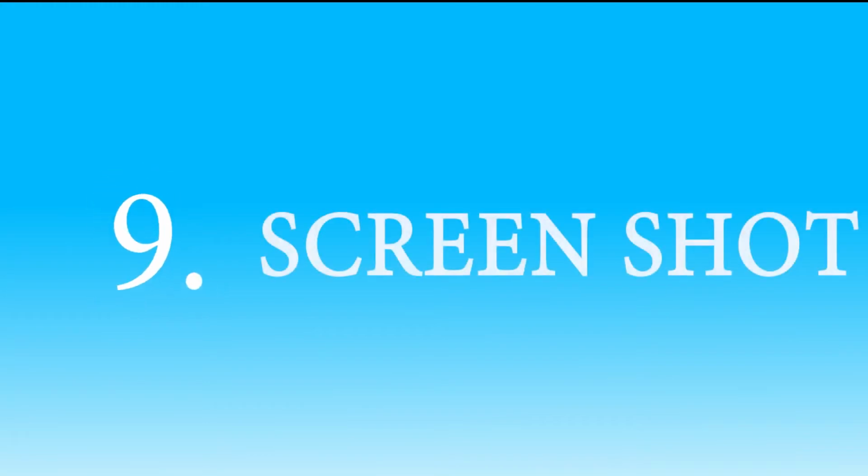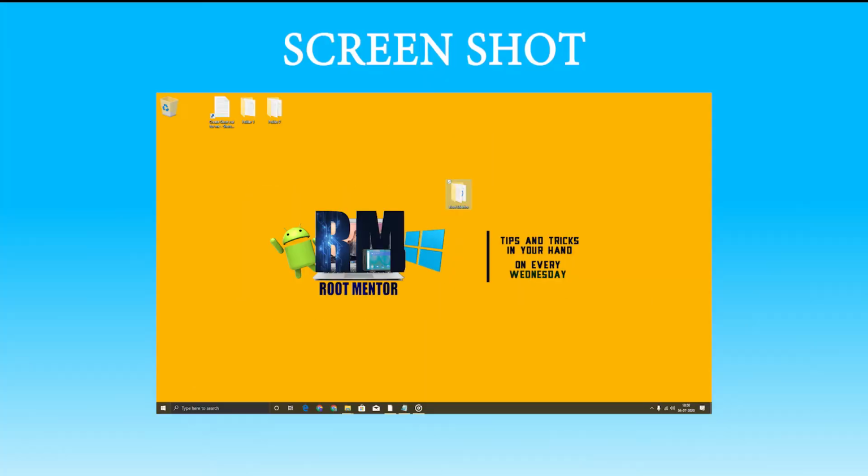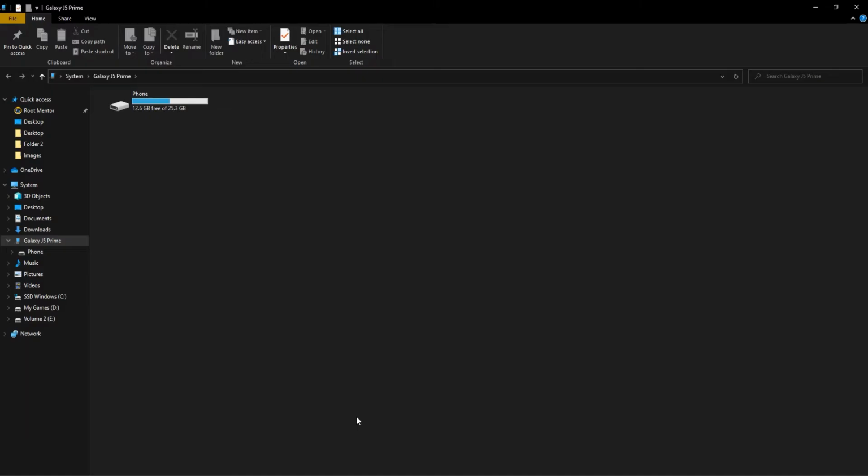9, Screenshot. A lot of people don't know that there is a shortcut to take a screenshot of the window. For them, here is the shortcut. Use Windows plus Print Screen. Ta-da! 10, Multitasking. If you are using multiple programs at the same time and want to switch between them without closing them,